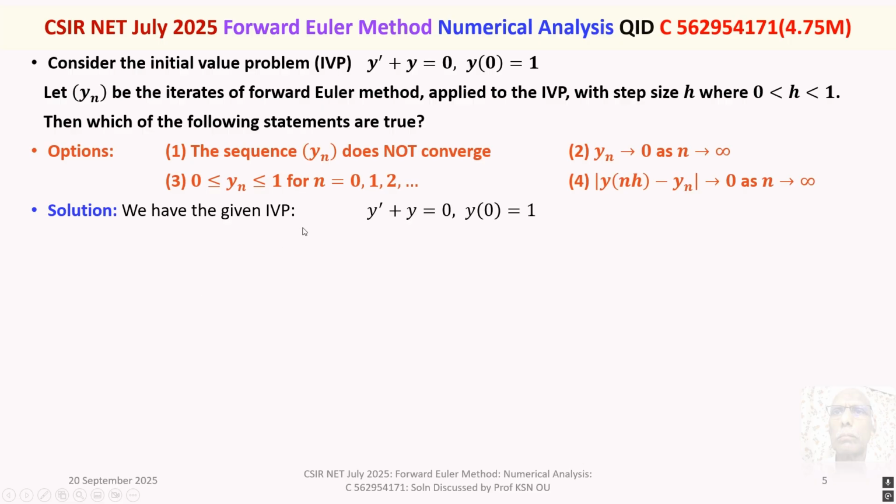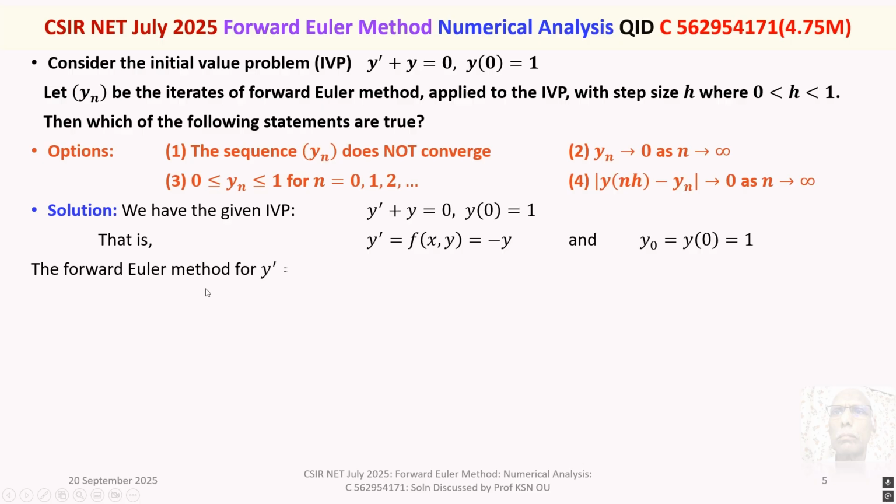We have the given IVP, y prime plus y is equal to 0, y at 0 is 1. That is, y prime is equal to f of x comma y, where f of x comma y is equal to minus y, and y naught is equal to y at 0 is 1. The Forward Euler method, which we are very familiar with in numerical analysis,